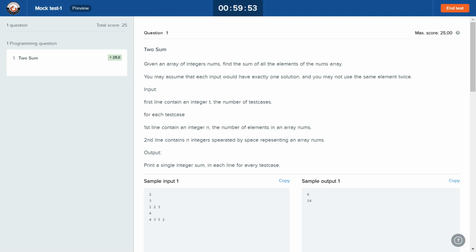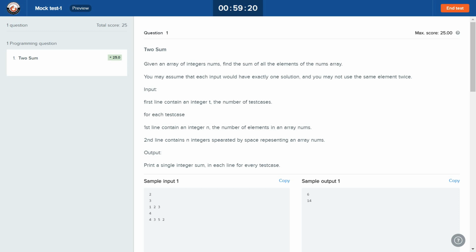So 3 is the number of elements in the array, and the second line contains integers separated by space representing the array. So in the second line of the first test case, or the third line in the input file, there are 3 elements, because 3 is the size of the array in the first test case. So we have 3 elements separated by space, that is 1 2 3, and we have to output a single integer, the sum, in each line for every test case.